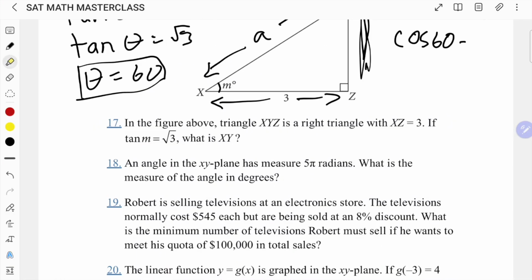Alright, moving on to the next question. We have an angle in the xy plane that has a measure of 5 pi radians. What is the measure of the angle in degrees? Alright, so we know that